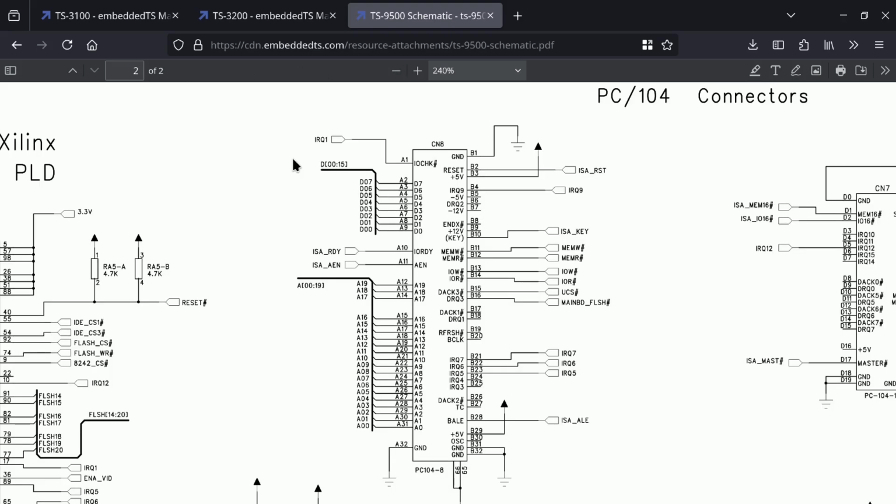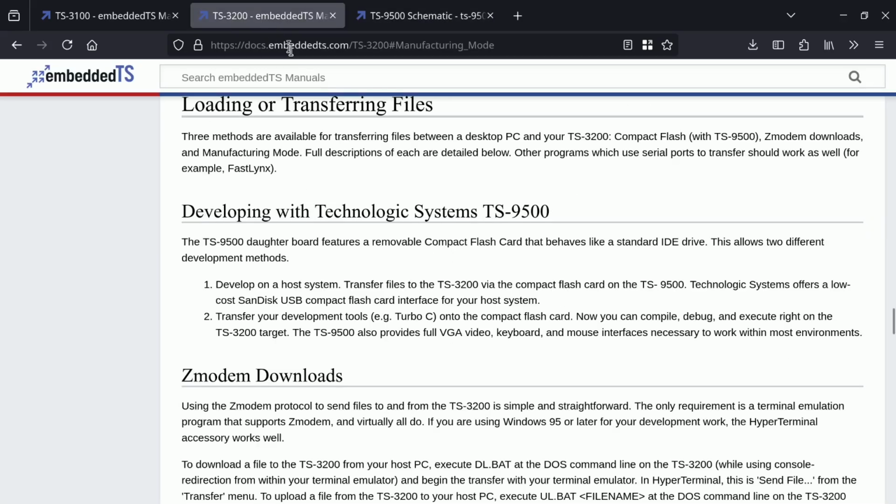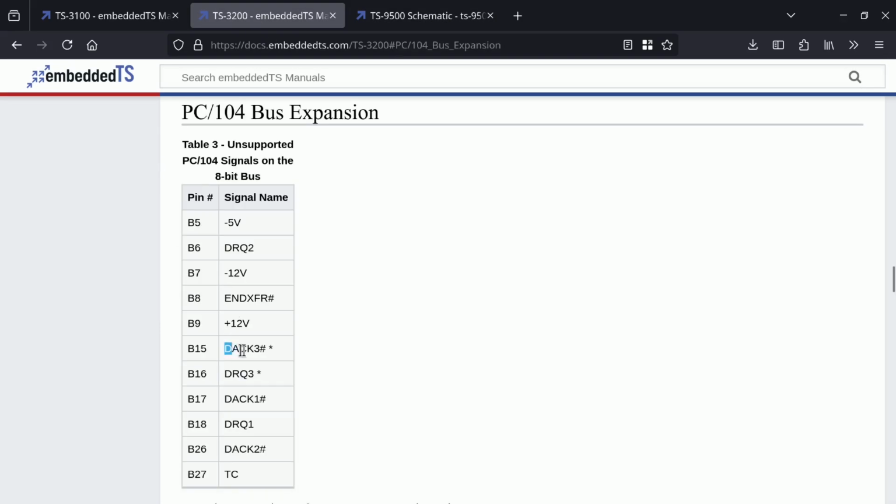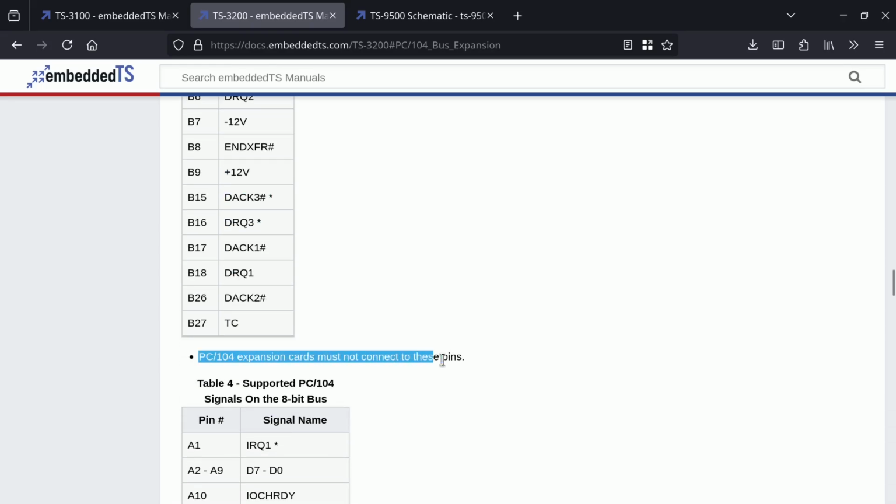the schematic. Starting with the PC104 connector, right off the bat there's already something strange going on. The I/O check pin is connected to the IRQ1 net on the expansion board, and over here we have DMA acknowledge 3 connected to one called UCS, and then DMA request 3 is connected to mainboard flash. I bet that's what lets the expansion board control the internal flash memory. Not sure how I feel about the violation of the PC104 specification, but that probably explains why the TS3200 manual makes a note that not only is DMA channel 3 unsupported, but also that expansion boards must not connect to